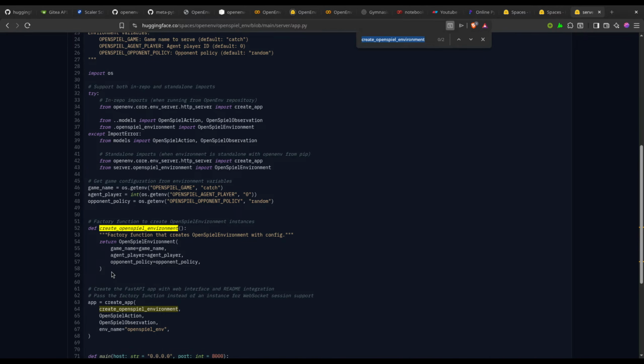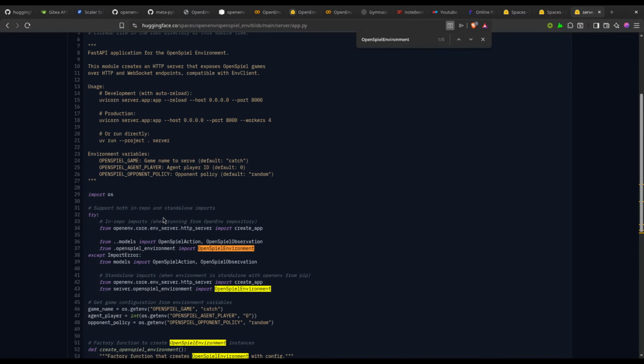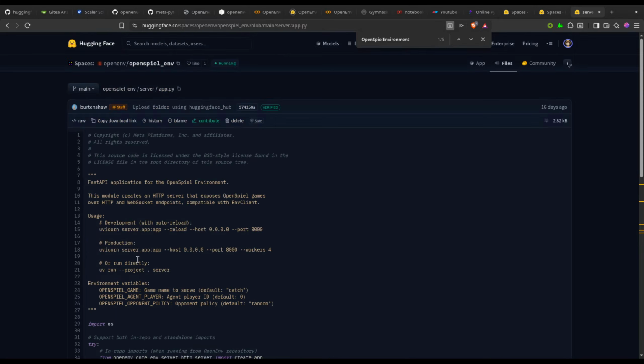Okay, we are creating it. It has the game name, easy and clear, and this. We are importing this from server.openspiel, or maybe from here. If this does not work, OpenSpiel.